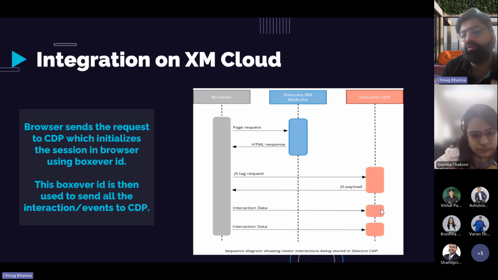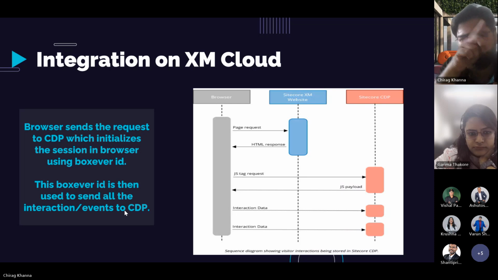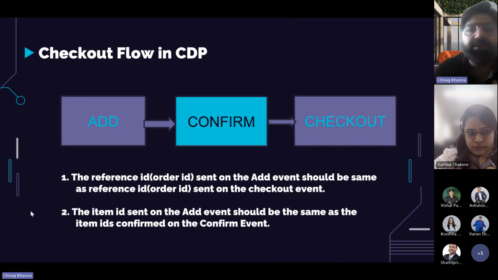So this is how the data flow or the sequence diagram looks when we are sending the data from any website to Sitecore CDP. And also there's one of the major flows which comes up wherever you are integrating